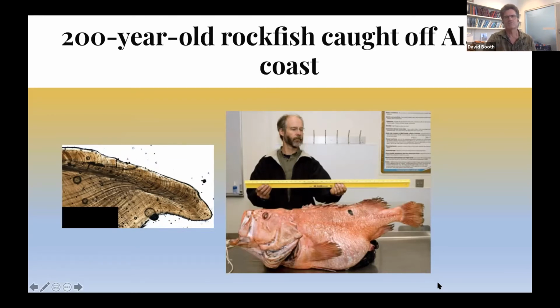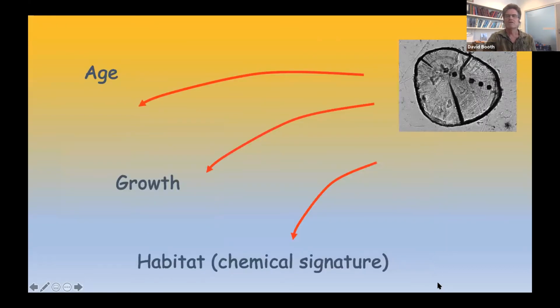So the otolith is very useful for that. It also has a number of other uses to us, apart from the use for the fish. We can age it, as I've already said. We can also measure the width of the rings, and that gives us an estimate of the previous growth of the fish. Again, much like a tree, there's a whole science called dendrology where they do this to trees. You can look at growth rate and you can see summer growth and winter growth, and you can do that